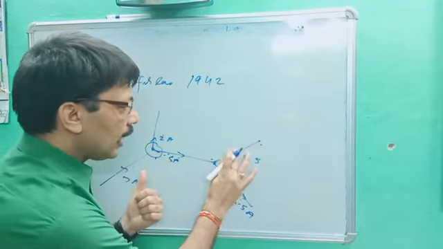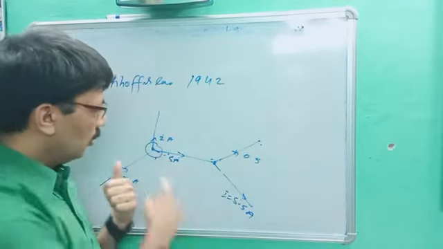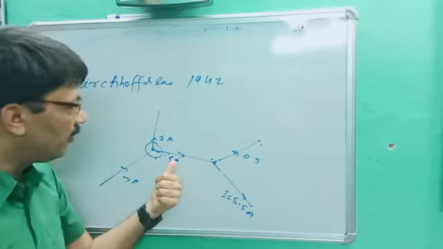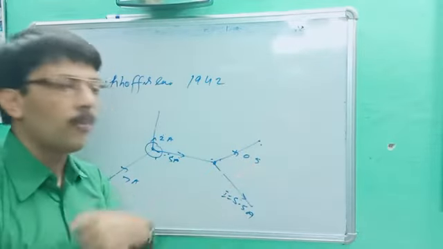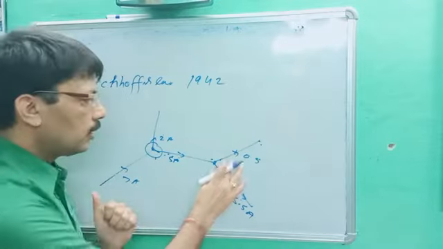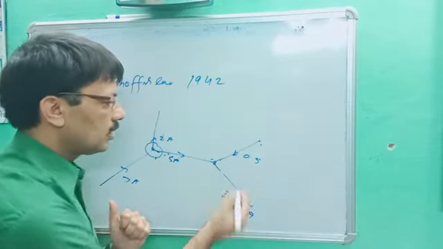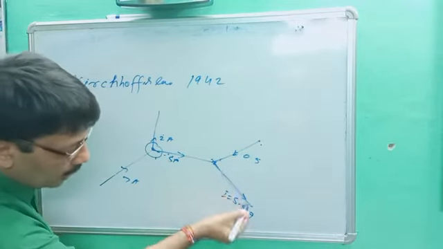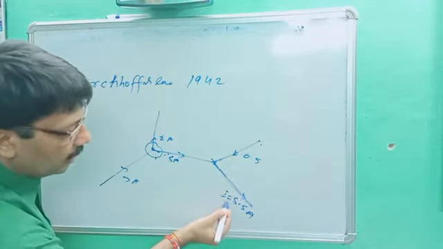Let's suppose this direction is the opposite direction. So what will be the answer? 5 ampere current is joining the junction, but 0.5 is leaving the junction. So it will be 5 minus 0.5 is equal to 4.5. Are you getting it? But this direction is towards the junction. So very easy way, 5 ampere, 0.5 ampere, that much current is drawn that way. So I is equal to 5.5.